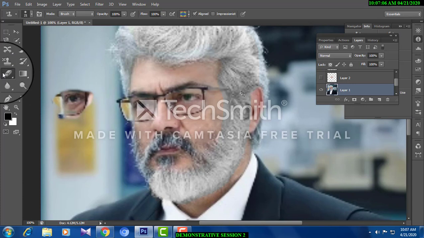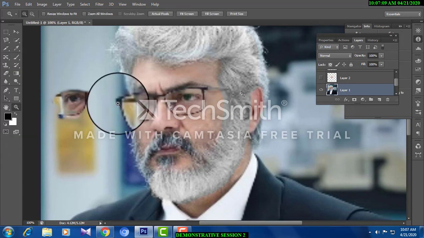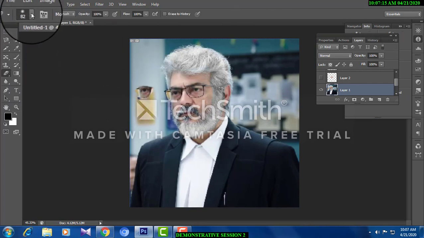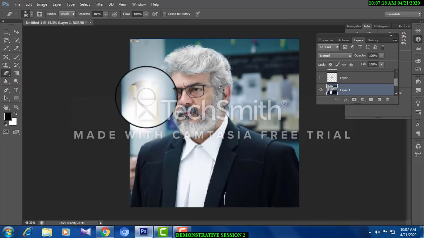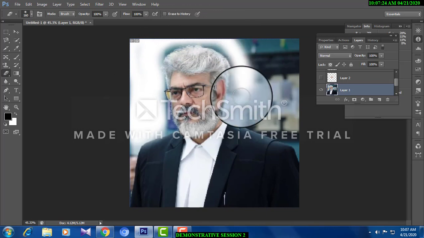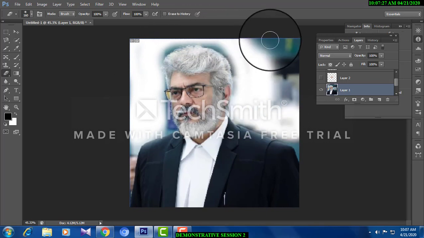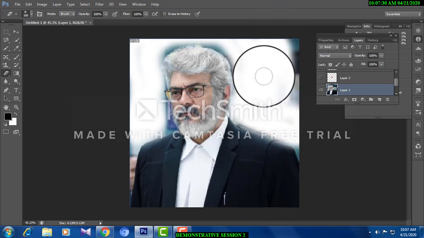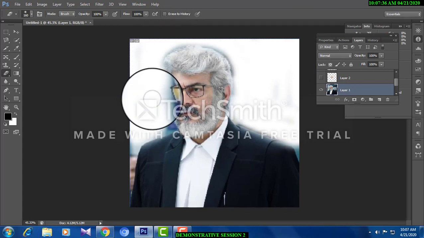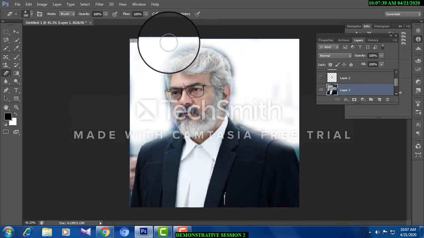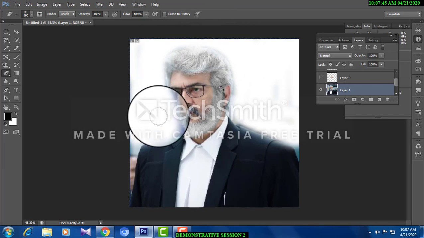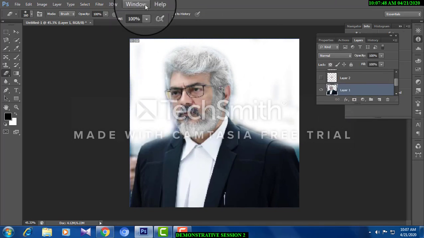And now, my dear friends, I am just going for the eraser tool. Now, for the eraser tool, it is enough that you know about only one tool. For example, I am just erasing the background. Able to see. Slowly I can erase. See, make use of the eraser tool in a creative manner. The eraser tool is to erase, that's all, but you use it in a greater manner. Apply it. Any tool you apply based on your creativity.